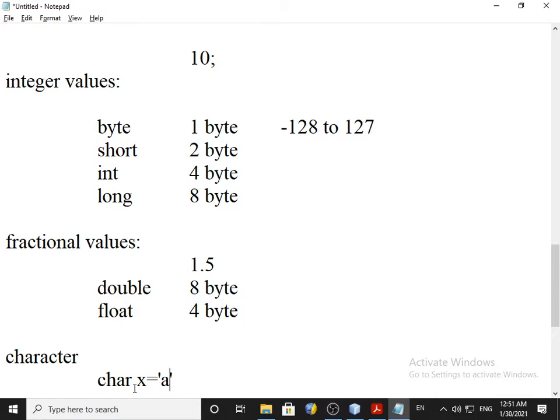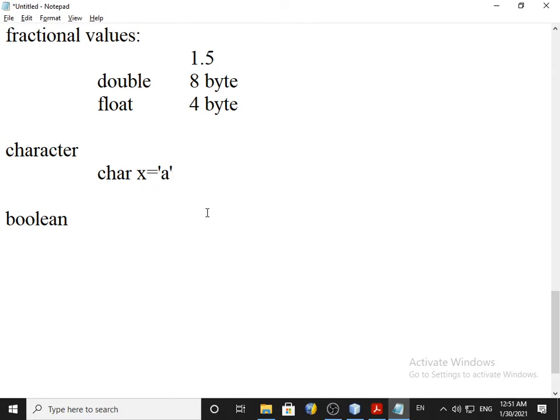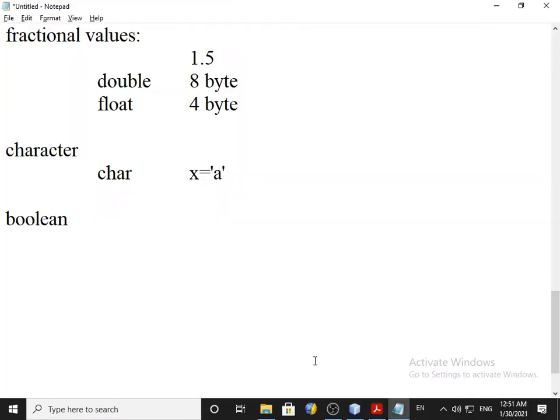So what is the value of x? That is the alphabet a. But char is of how many bytes? You see the table, char has 16 bit. 16 bit means 2 byte. So char has 2 byte.